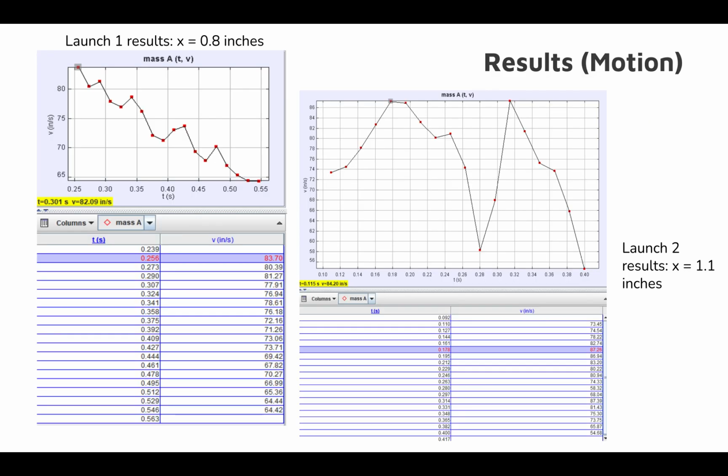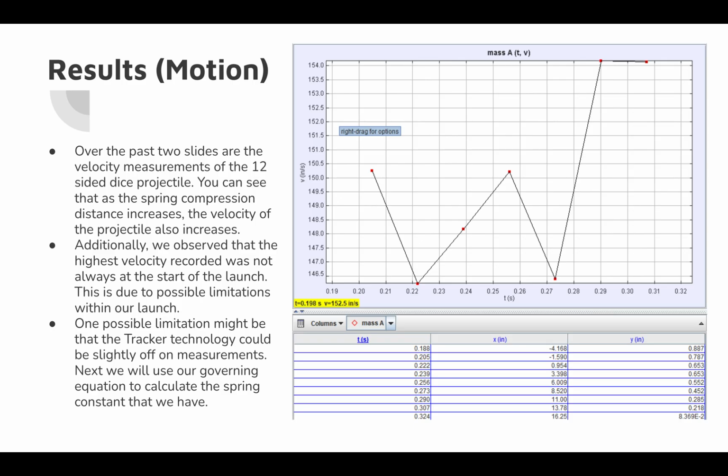Results of motion. Here on the left you see launch 1 results when the compression length was equal to 0.8 inches. And on the right, launch 2 results when x is equal to 1.1 inches. For launch 1, the max velocity was the initial velocity at 83.7 inches per second. And for launch 2, the max velocity was 87.26 inches per second. However, this was not the initial velocity. And third, when the compression length was equal to 1.4 inches, here we found the max velocity to be